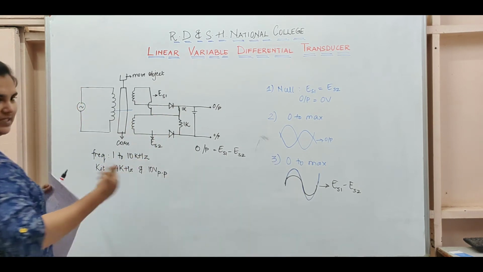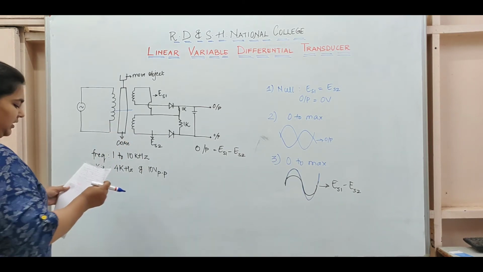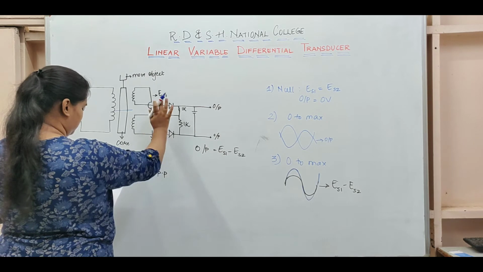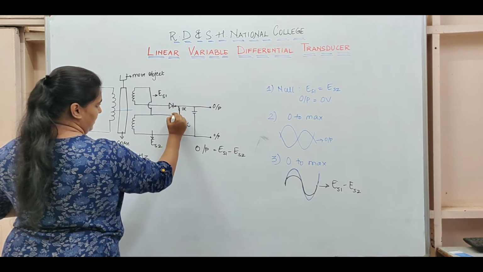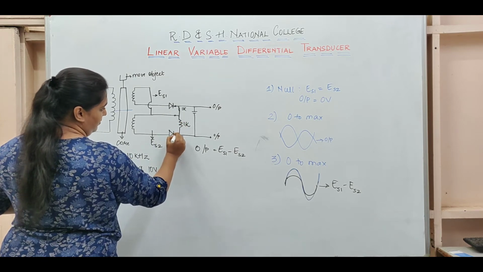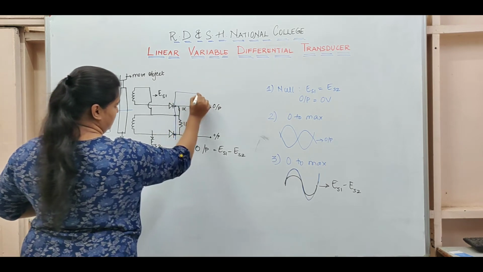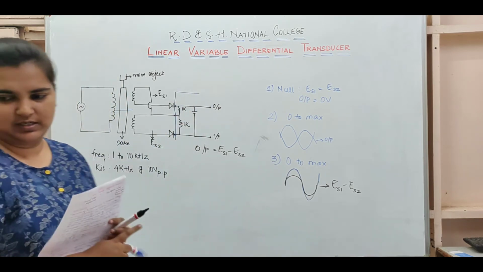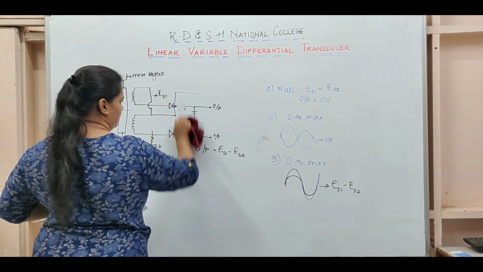Suppose I want to do DC analysis of the same circuitry. Till here my circuit is going to be the same. I will have 3 ends, A, B, C. In fact, I don't even need these diodes, but I will have A, B, C. After A, B, C, I'll rather just erase this part actually. After A, B, C, what I'll have is